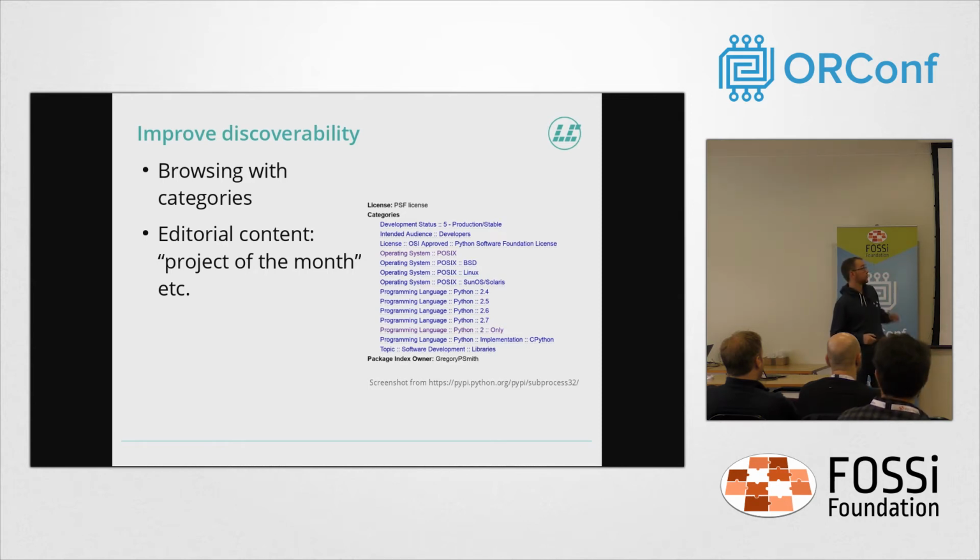One is improved discoverability. So for example, we have seen there's dozens of different UART cores out there, things like that. There needs to be a way to group them together, to get a fair comparison within one group. So we're looking at adding categories, and one example that does that pretty well is the Python Package Index, PyPI, which gives you this nice overview of categories, which are also hierarchical, and you can essentially browse yourself through